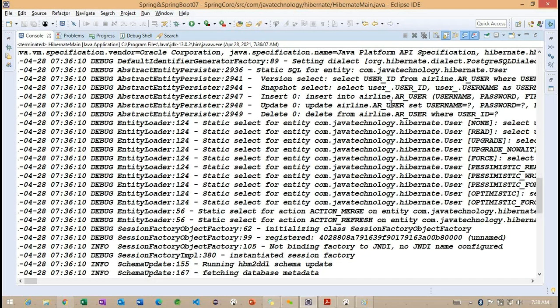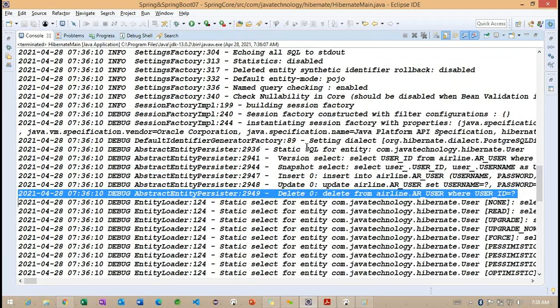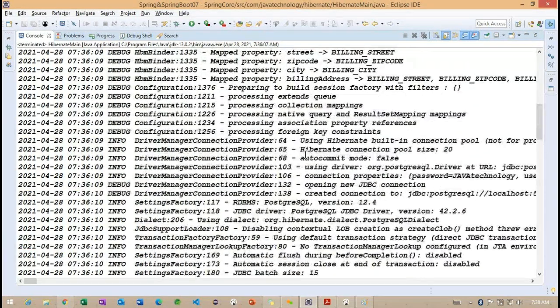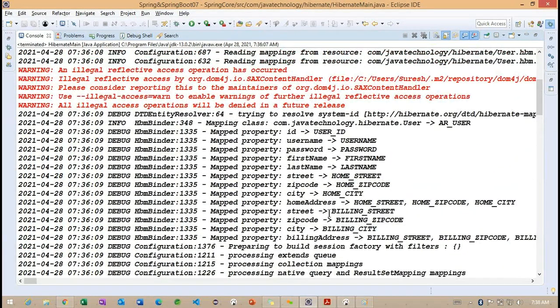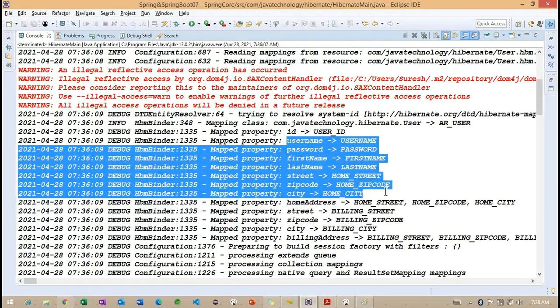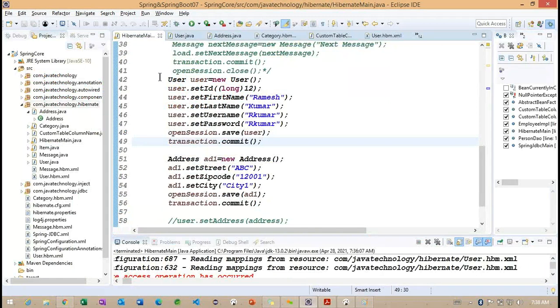We need to check the same thing for address. Okay, so only the user information we are getting here. We are not finding address information. So basically, now you can see these are the properties here. Getting the point? These are the user information up to this, these are the home address, and in the same way we have the billing address. So these are the properties we provided inside this particular user mapping file.